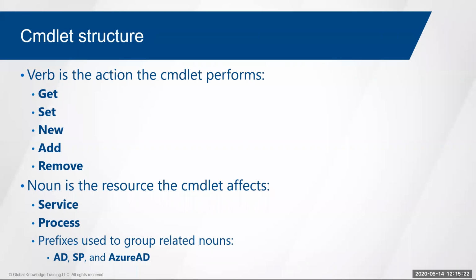Now, coming back to this, the verb versus the noun, right? Get me a service, set me a process. And if we're dealing with specific products, we have prefixes that designate what it is we're working with. So is it Active Directory? Are we working with SharePoint? Is it Azure AD? Most of these products come with a prefix. System Center uses CM for Configuration Manager. You've got many of these different prefixes that designate what it is we're actually working with